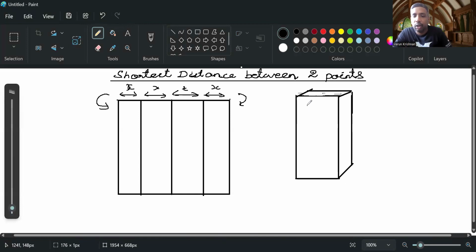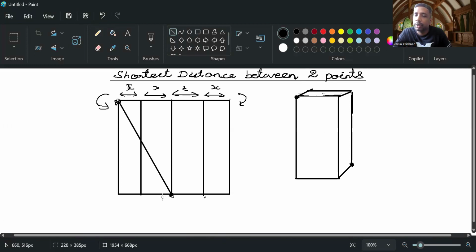Now, if I ask you to find the shortest distance that you can take on the surface of this cuboid from this point to this point. Through the body of the cuboid, it's very easy. That's going to be the body diagonal of the cuboid. But suppose you cannot go inside the cuboid; on the surface, you have to travel from here to here. Then how will you do that? You will cut this cuboid open and make it flat. Once you make it flat, this point is going to come here, and this point is going to exist here. So this straight line then